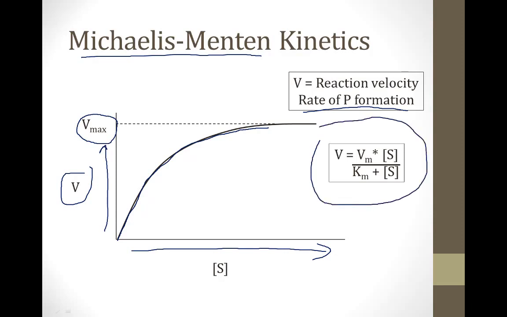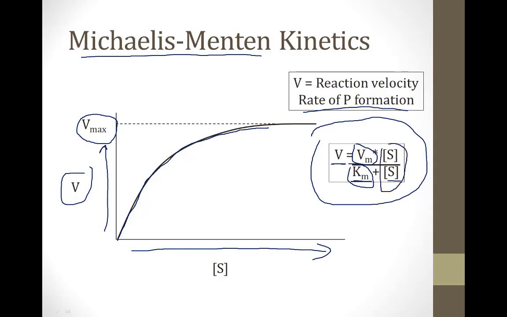It's called the Michaelis-Menten equation. And it says the velocity of P formation, V, is related to the concentration S by this equation of Vmax times S divided by some constant called Km plus S. So what we're going to do in the next few slides is talk about different enzymes and how Vmax changes and how Km changes with different enzymes, and how they all vary according to the concentration of S as governed